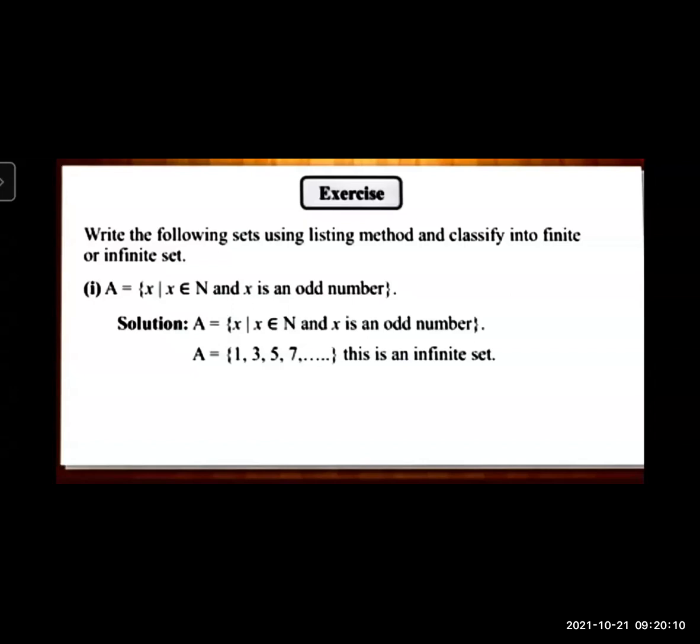The first question is A is equal to the set of all x such that x belongs to natural numbers and x is an odd number. Two conditions are given: x is a natural number and x is an odd number. So you have to write what those are. First, you have to list out the elements. After listing out the elements, only then can you say whether this is a finite or infinite set. Now see,